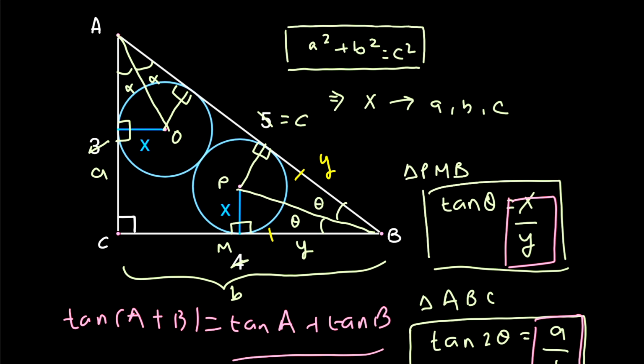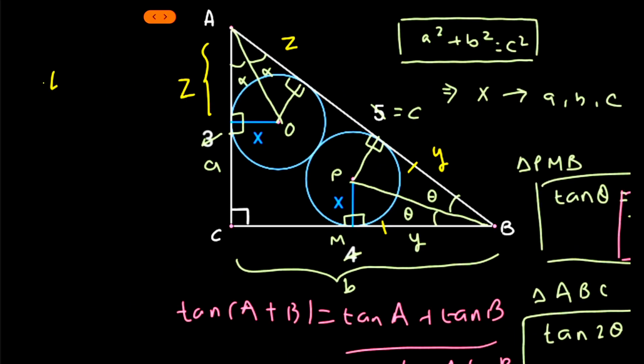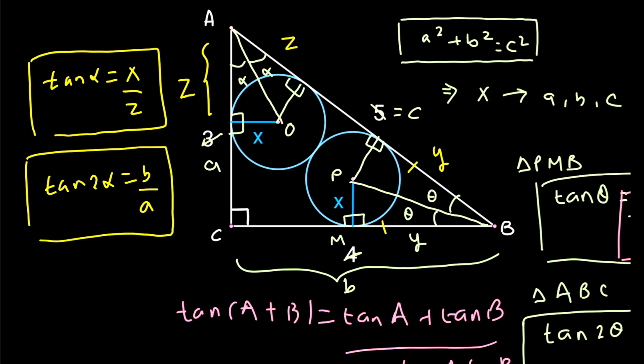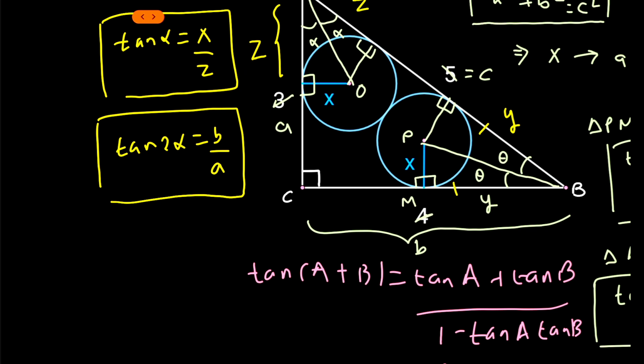Now the second part is similar to the first one. What we'll do is we'll simply take these triangles. Again we will mark this much length as a variable z. Both of these triangles are congruent, therefore this much length would again be equal to z. Now we will do the same thing. The value for tan of alpha in this right angle triangle would be x upon z. From the perspective of this biggest right angle triangle, the value for tangent of 2 alpha would be equal to b upon a. Again we will do the same procedure as we did before, and we'll finally get the value of z equals x multiplied with a plus c divided by b.